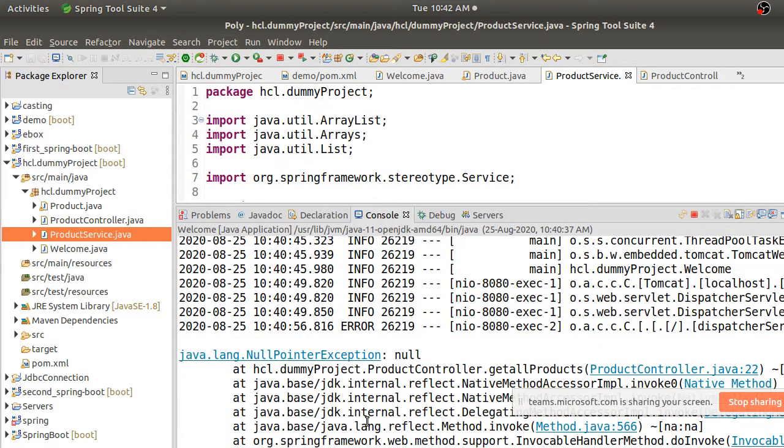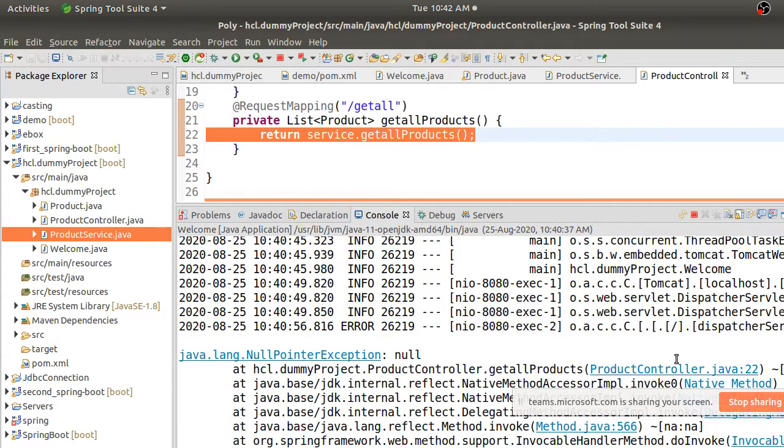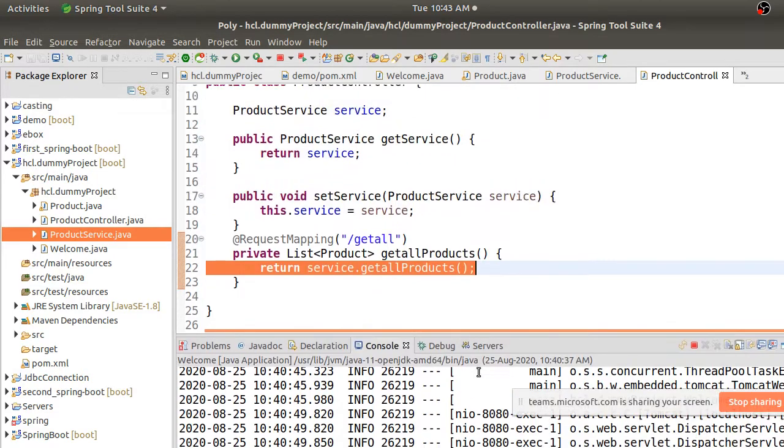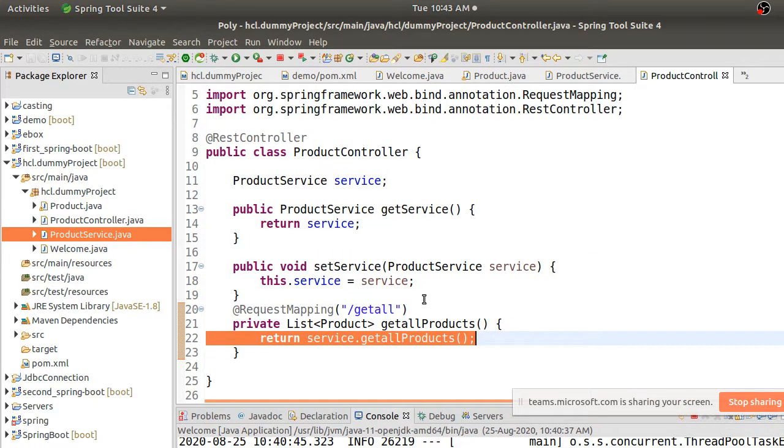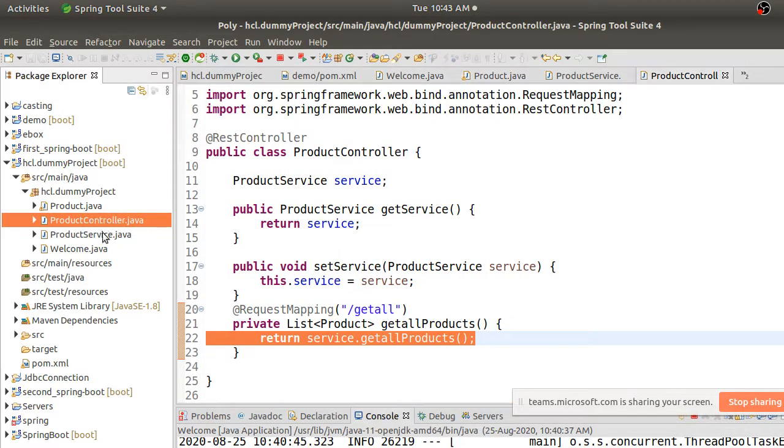What is happening here, I think services. Pardon? I think product service is not autowired in controller. Okay, correct.